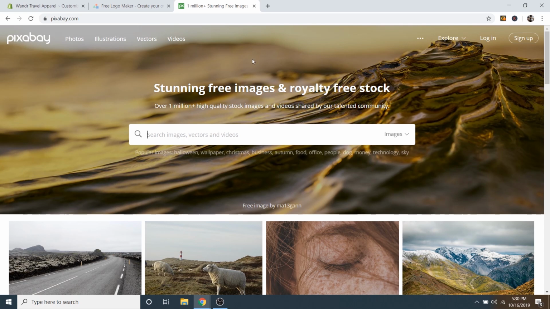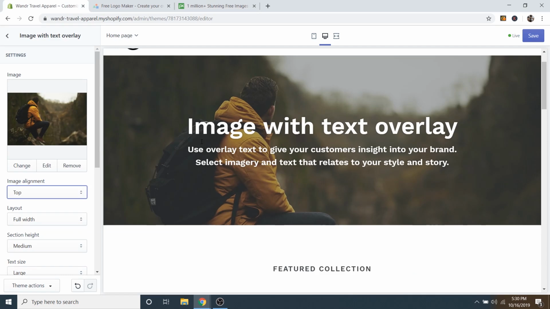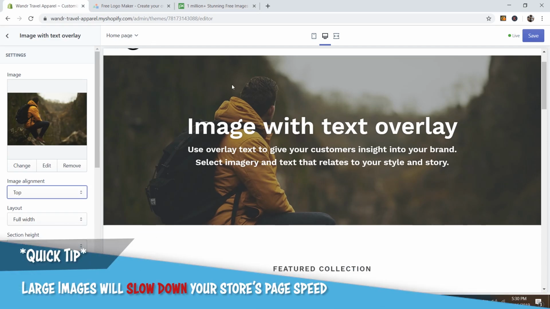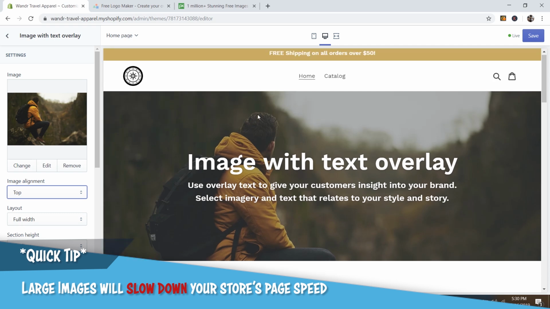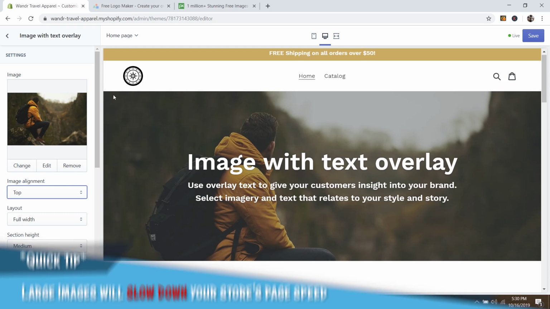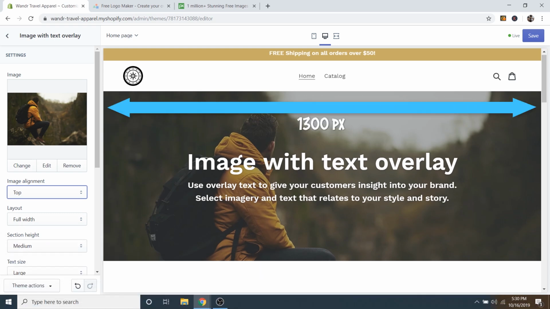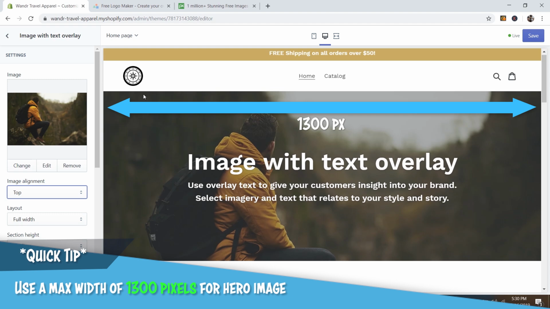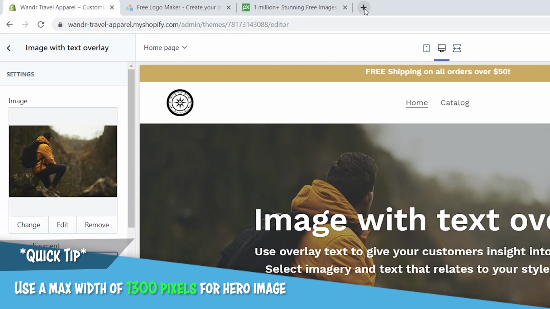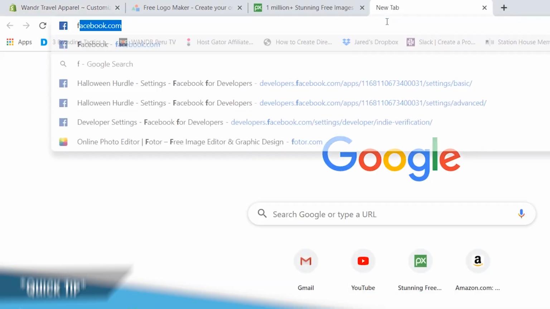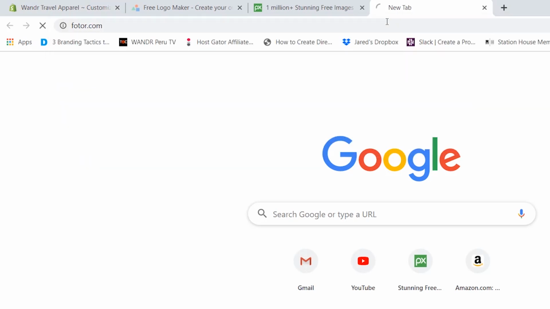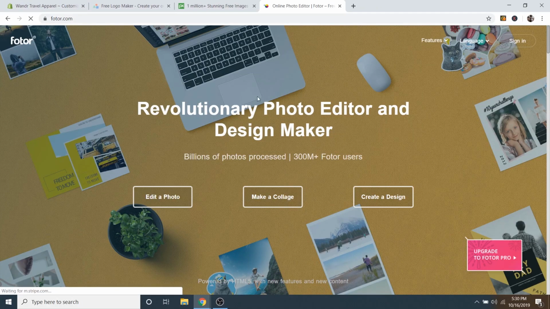And I do recommend resizing your photos, because if you put a really large image here that's like 3,000 pixels, then it's going to slow down the load time on your store. So what I recommend is doing in this hero image area a maximum of about 1200 or 1300 pixels. So if you just go over to a new tab and go to photor.com, you can then edit photos. So we're just going to go to edit a photo,